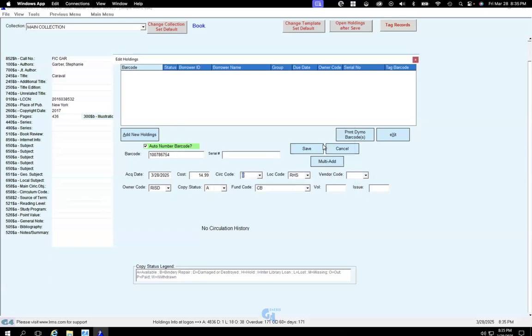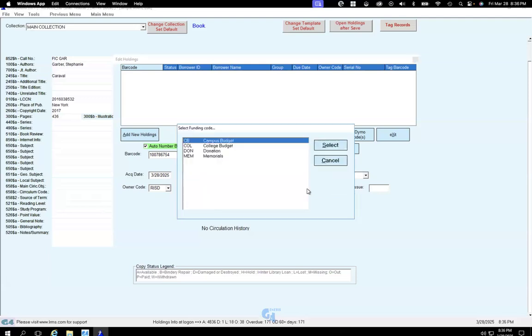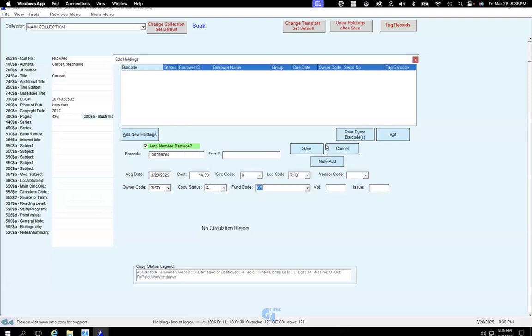Regular circulation at the high school. RCISD is the owner. It's going into the campus budget. And now then we're going to press save. All right. When we press save,